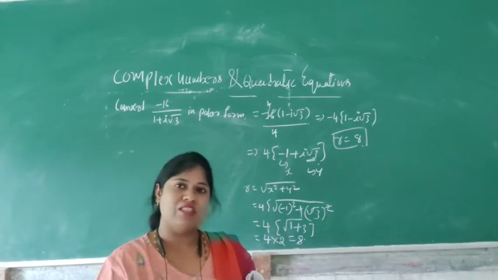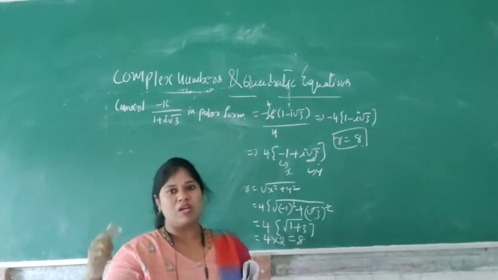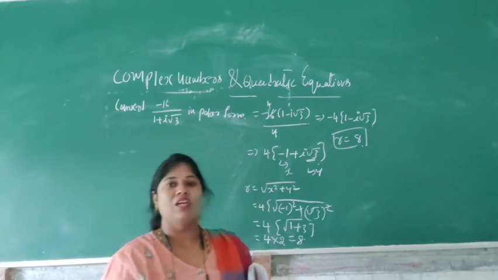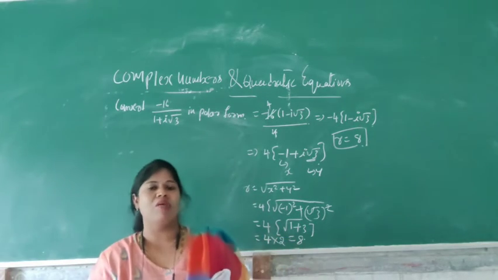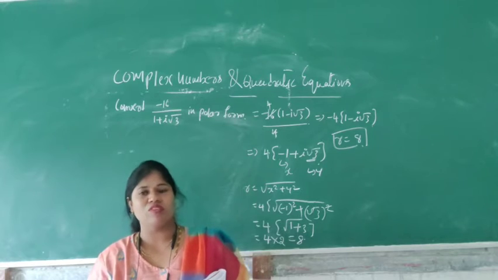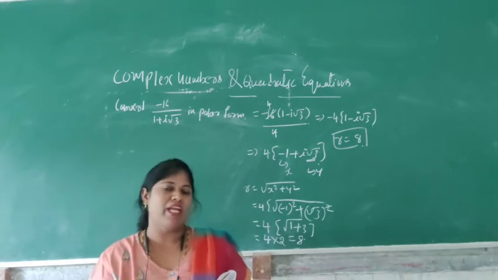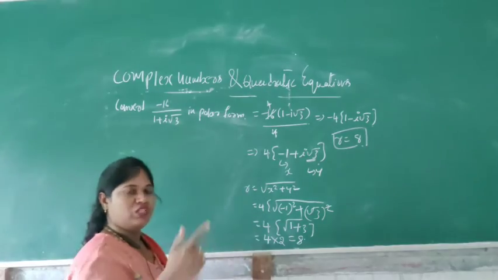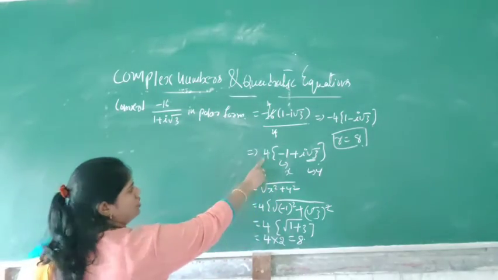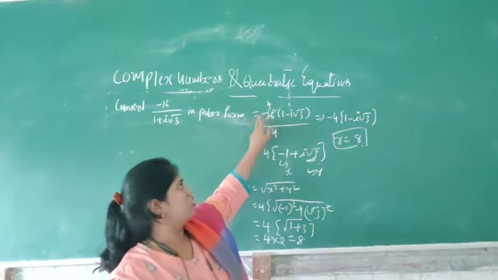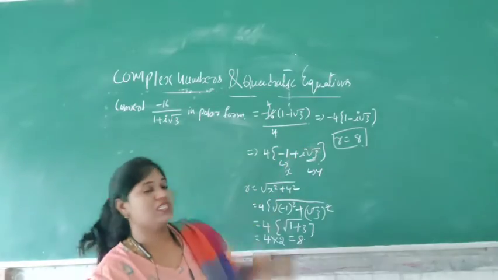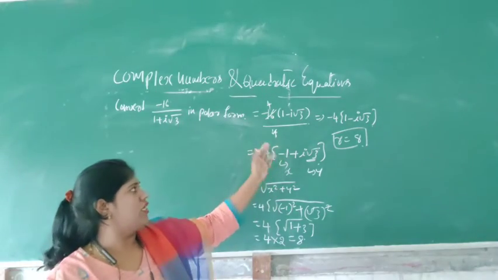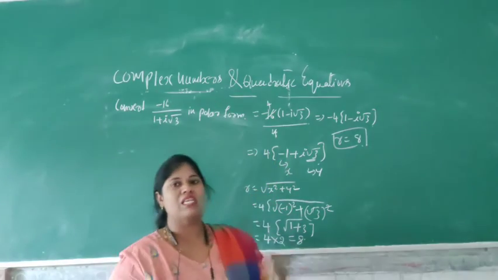First we have to rationalize the denominator. After that, multiply numerator to numerator. In the denominator you will get a minus b into a plus b form. A minus b into a plus b is equal to a square minus b square. You apply that formula. After that, in the denominator you will get 4. So 4 fours are 16. 4 fours are 16 minus 4 of 1 minus i root 3. Minus 4, I have to multiply by minus. Then it will be 4 of minus 1 plus i root 3.